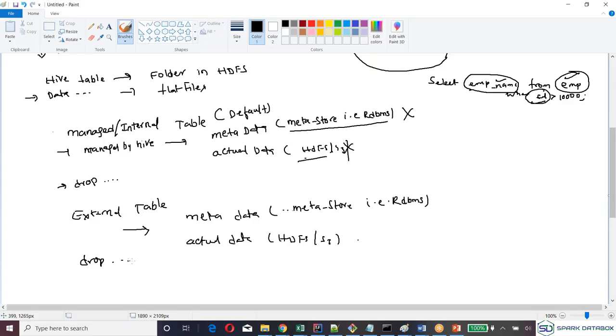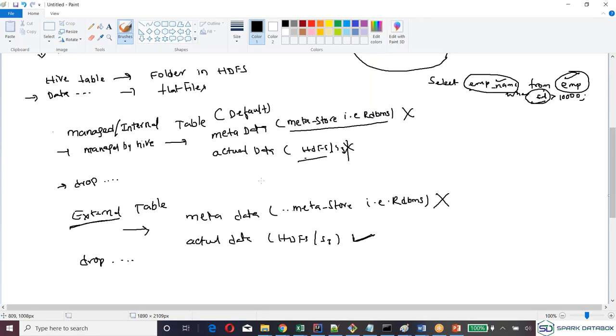When you drop this table, only the metadata will be deleted. The data will remain the same. It means Hive does not have full control on this table. It is external to your Hive, but it is also a Hive table. Hive treats this as external. So you have to use EXTERNAL as a keyword while creating a table. I'll show that. We will have some set of commands and we will be seeing them.